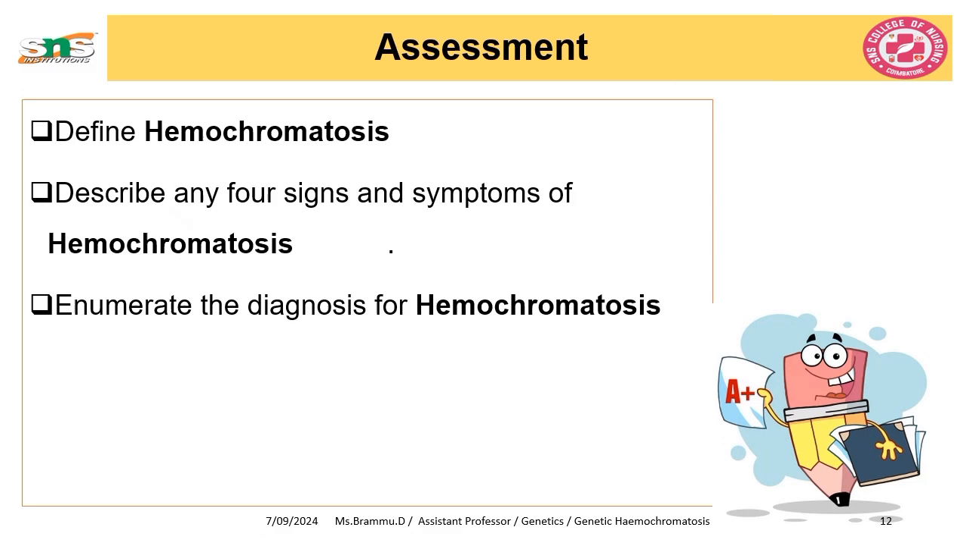So to conclude, by the end of this class, I think you would have come across what is hemochromatosis, how to describe any four signs and symptoms of hemochromatosis, and what are the major diagnostic findings we can plan for hemochromatosis, which I told you, like serum ferritin and transferrin saturation, or liver biopsy or MRI can be done for confirmatory diagnosis. The take home message for the patient is to avoid alcohol